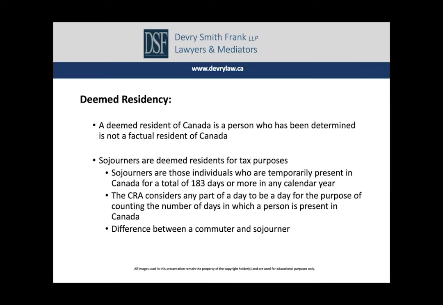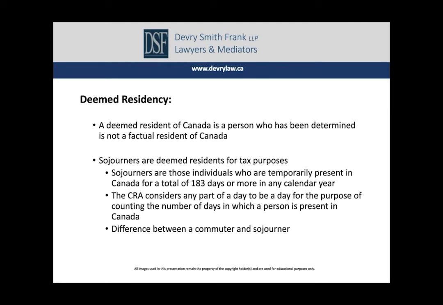So that's factual residency. The next is deemed residency. That's a person who, and it seems silly, but if you're determined not to be a factual resident, then you could still be considered to be a deemed resident. That point, in the first bullet point, is put there on purpose because if you're not found to be a factual resident, and you have to not be found to be one in order to be considered to be a deemed resident. So it is important to make that determination.